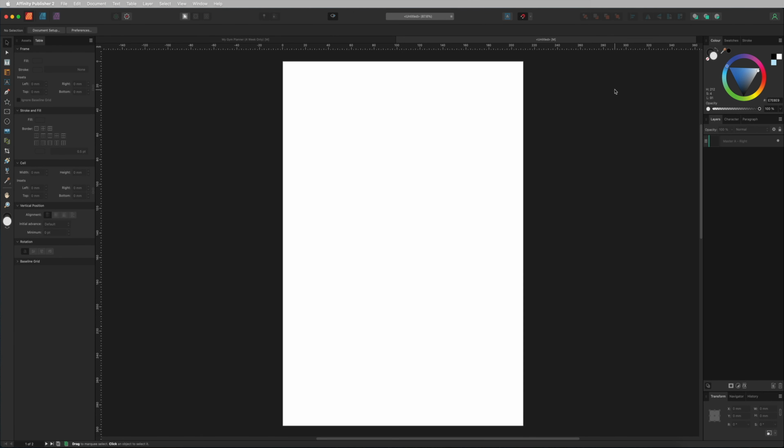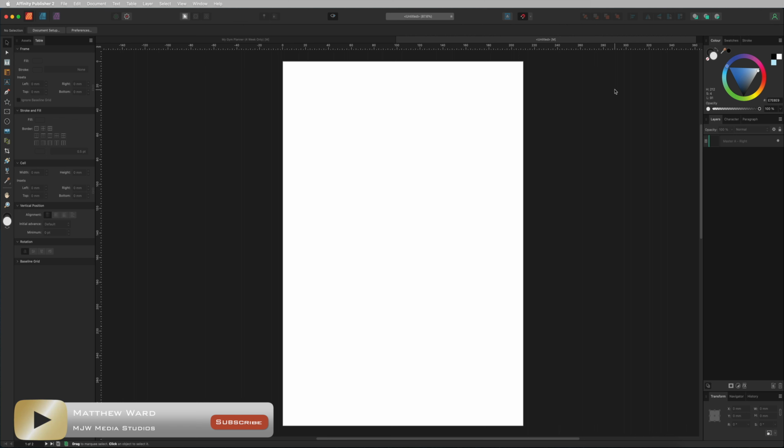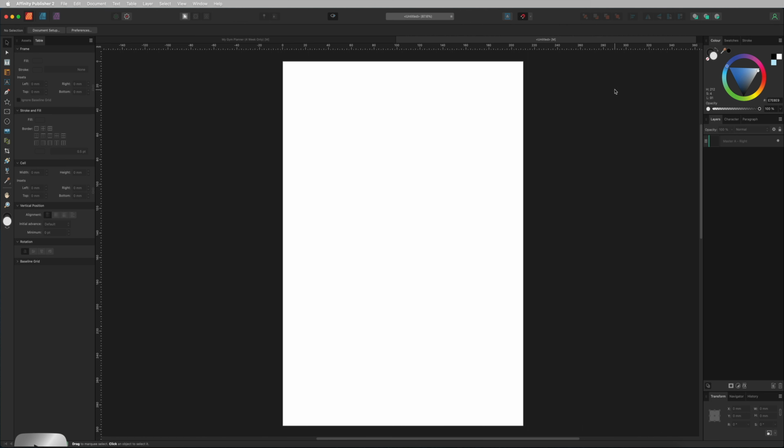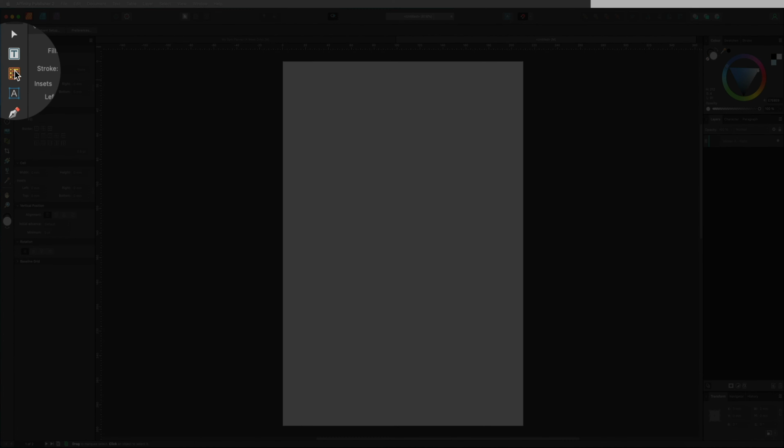What's going on, guys? Today we are inside of Affinity Publisher V2, and in this tutorial I want to talk about the table tool and why it's one of my favorite tools to use inside of Affinity Publisher. So if we make our way over to the left hand side toolbar menu and we select our table tool